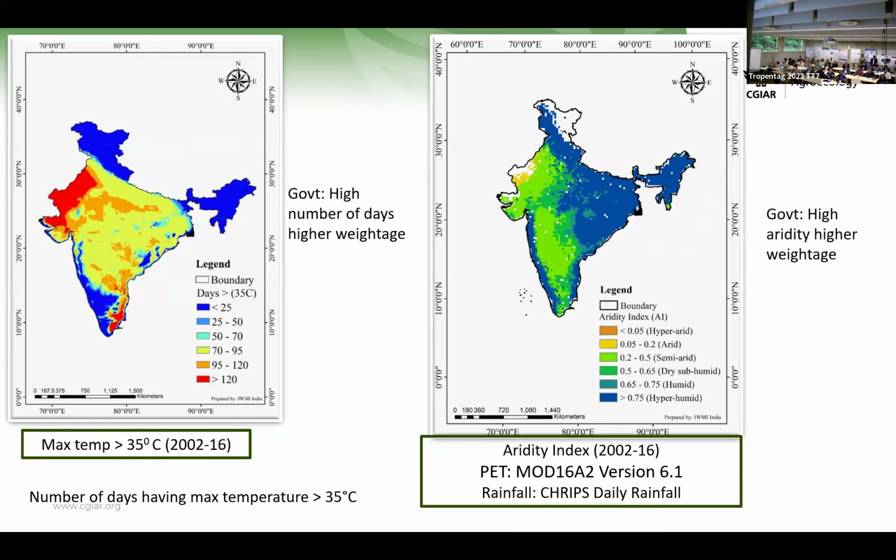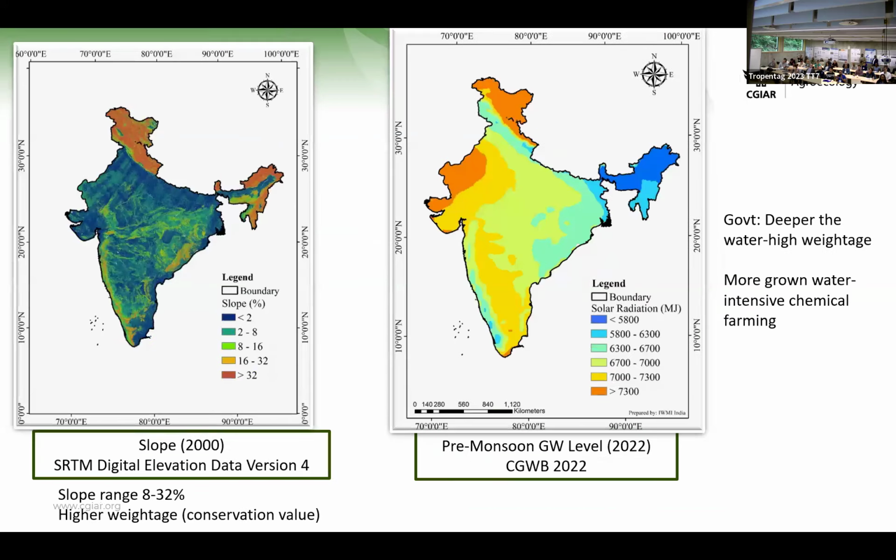And the temperature as such, like temperature exceeding 35 degrees Celsius, which are these regions that have higher temperature, and usually it's correlated with dry areas where the primary productivity is very less. Like the region here is the Rajasthan area where the temperature is always high, and it's mostly this desert region here. And the aridity also we have calculated. And slope also we have calculated. And the second is solar radiation.